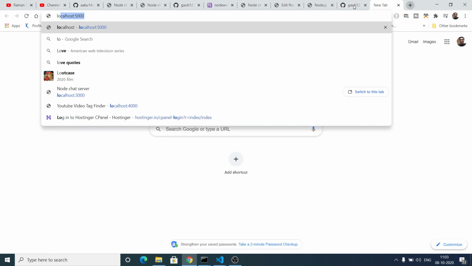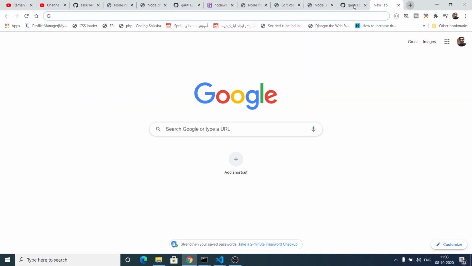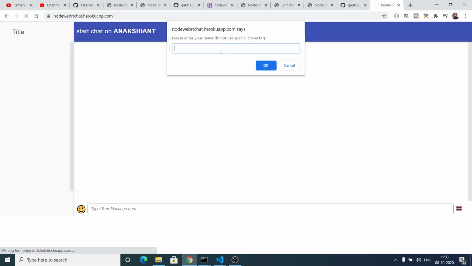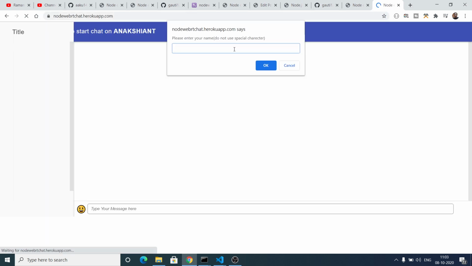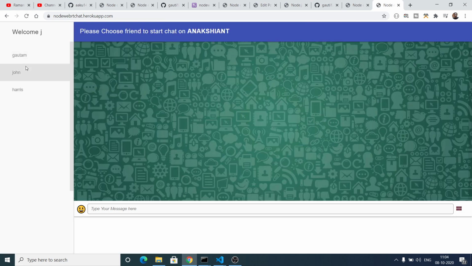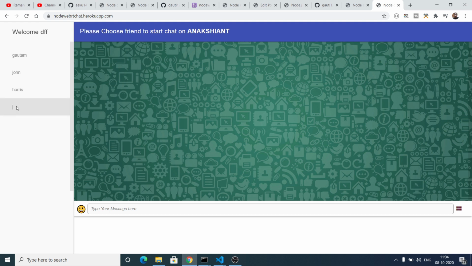So if I once again go to my Node WebRTC Heroku app, if I press Gotham here, you can see, if I open this window for the second time, if I type here Sanjay, let me type some more names. So you can see many people are available.